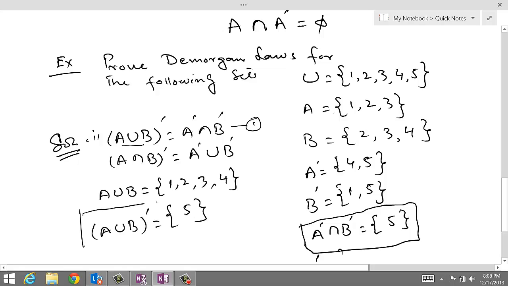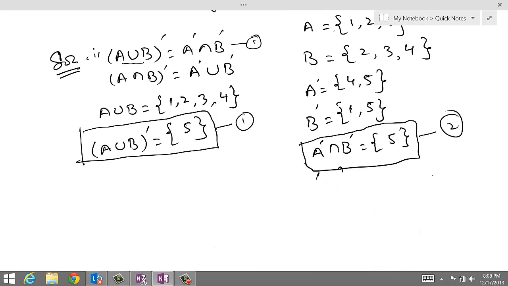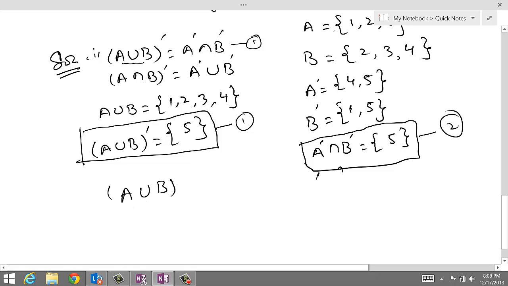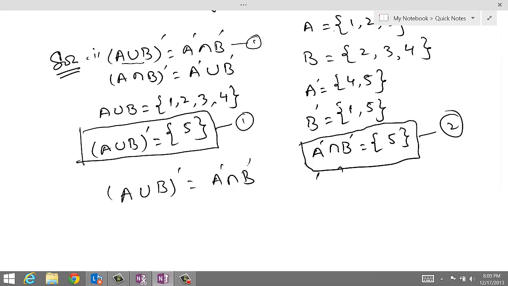So if we now take a look at both the left hand side and right hand side, we can see that A union B complement is equal to 5 and A complement intersection B complement is also equal to 5. Therefore, we say that A union B whole complement is equal to A complement intersection B complement. This is the proof of the first De Morgan law,